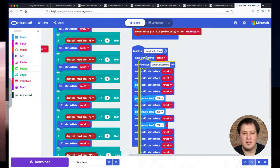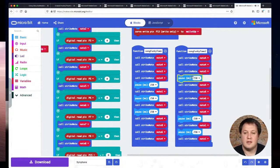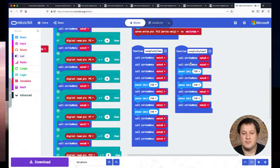Yeah, and we had some other songs as well, so I can change all this internal stuff in this function and add another song, so you can move things around. Oh no, delete Funky Town things. It is so unfunky now. That's the nice part about a function,